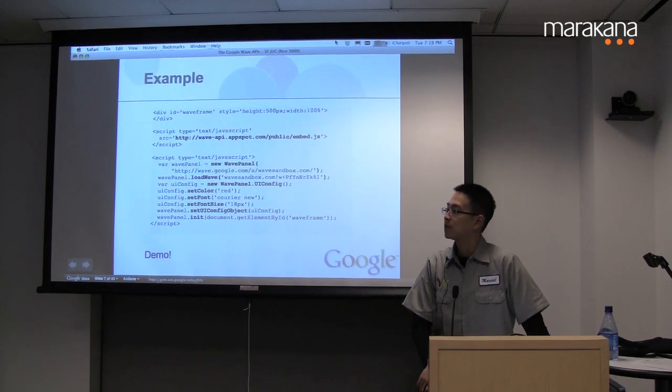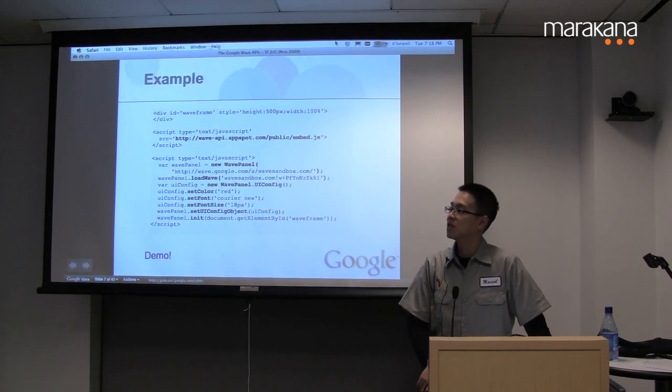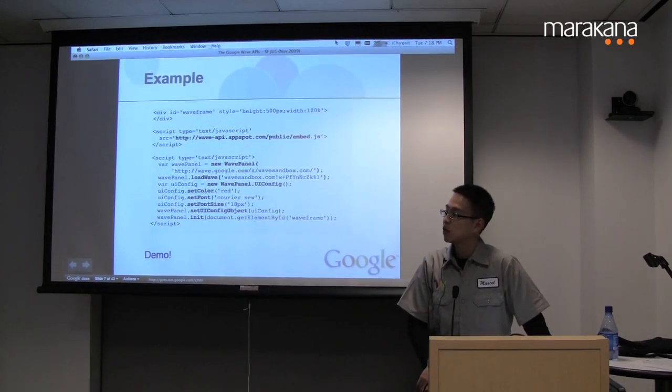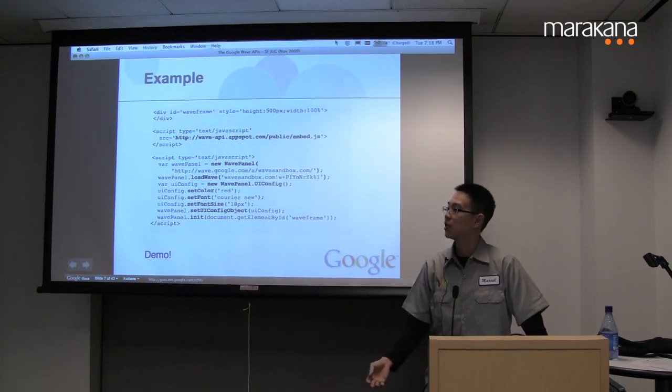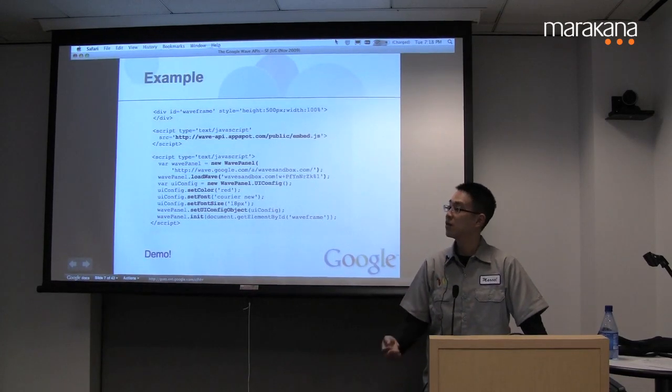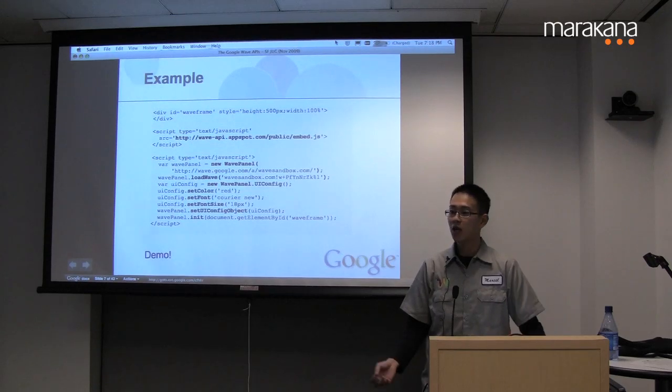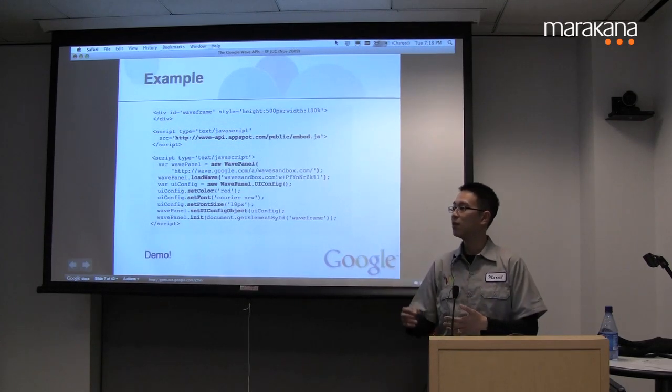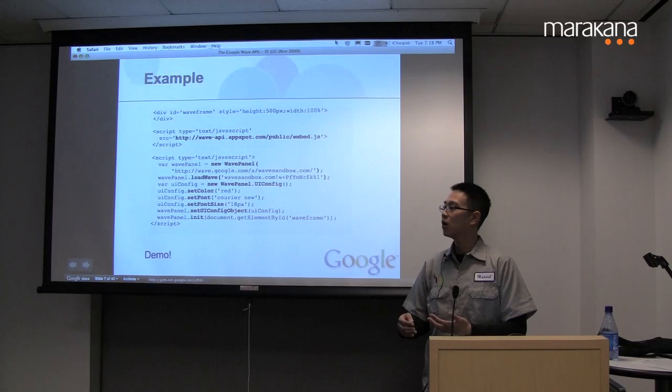So we don't have anonymous access yet. You still need to be authenticated as yourself at the moment. But in the future, we plan to have anonymous read-only access, so that you can just embed your wave in any web page, and people can see it, and probably can only read that,